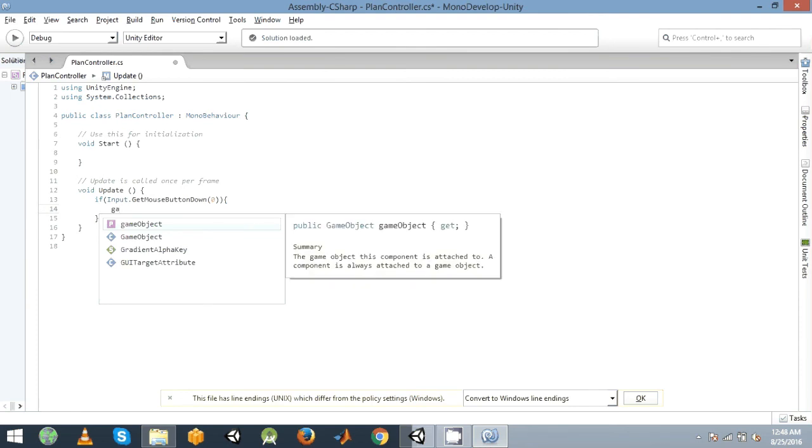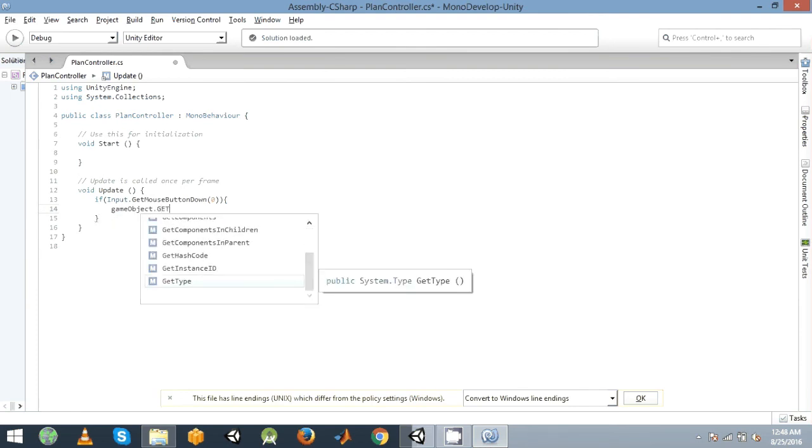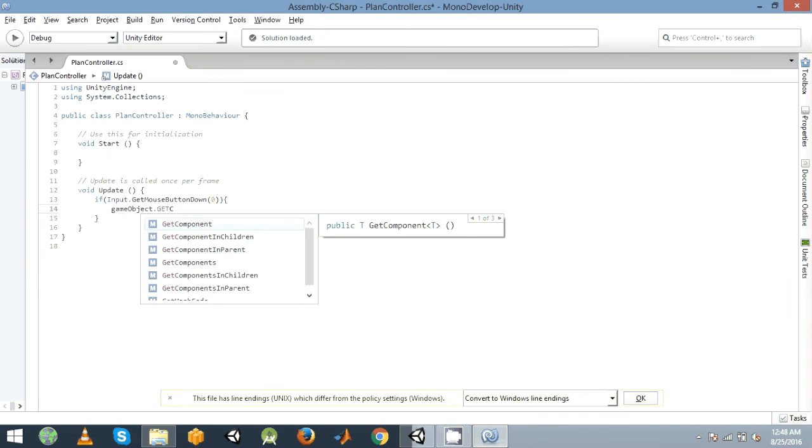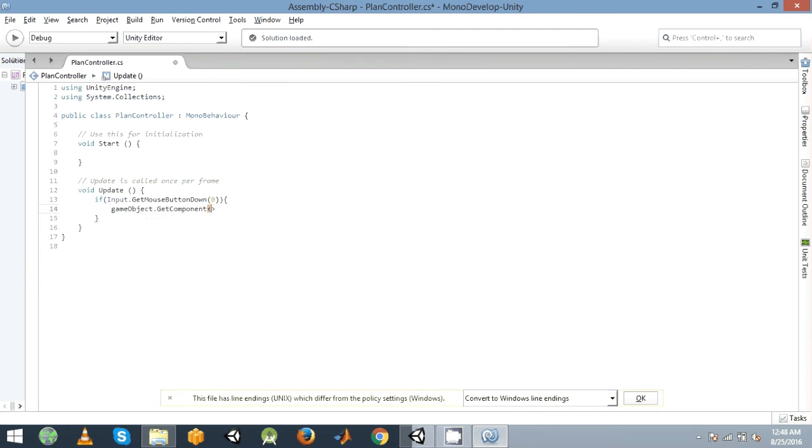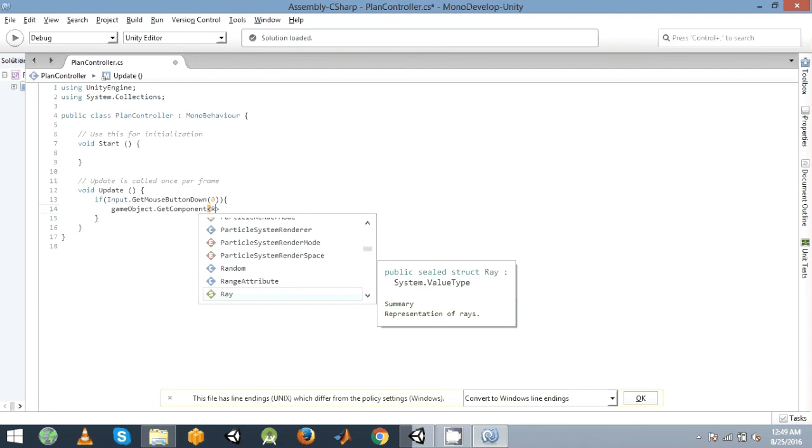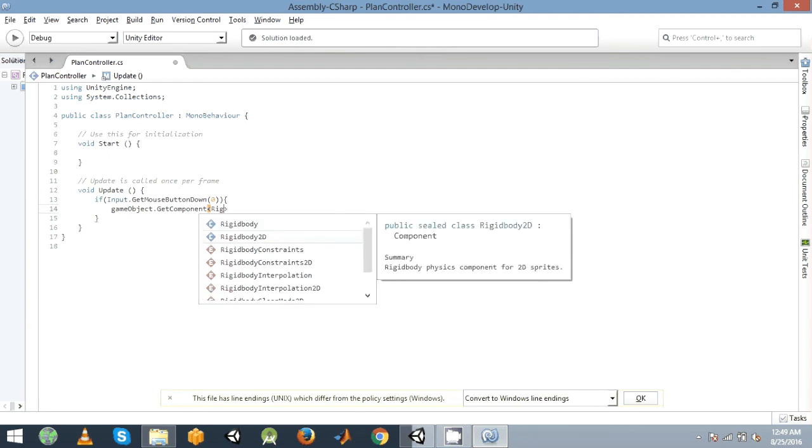So write gameObject.GetComponent, because we want to get a component. As I mentioned earlier, if you want to add any kind of physics property, you need a Rigidbody. So we will get the Rigidbody that is already attached to that plane.